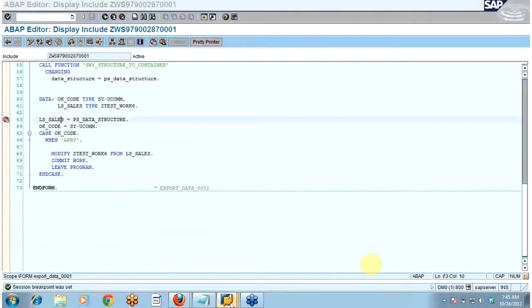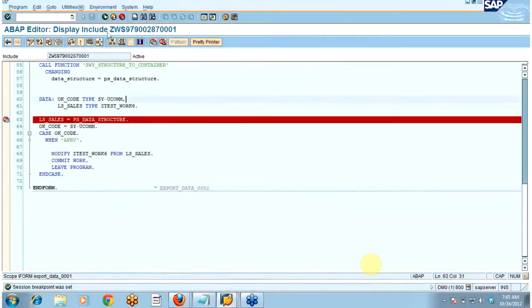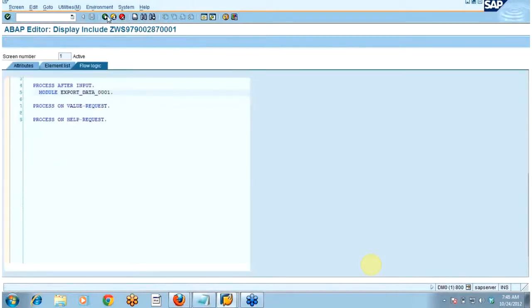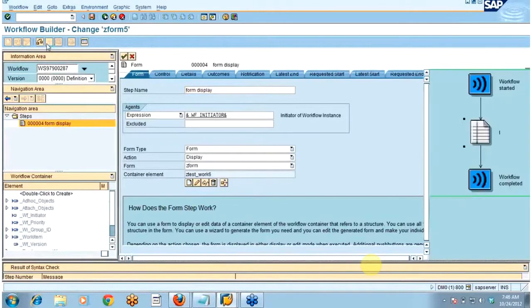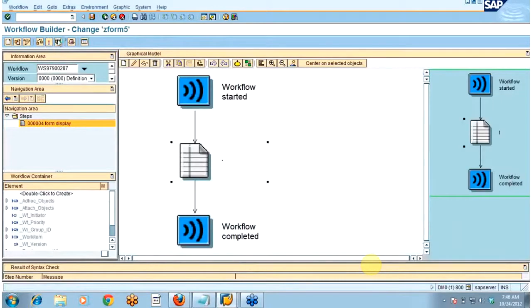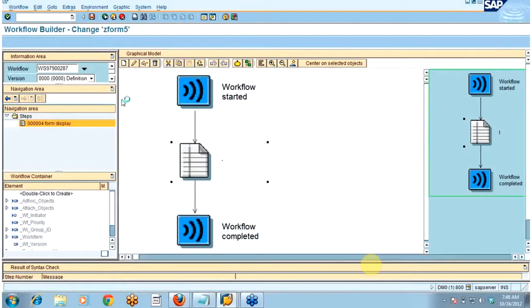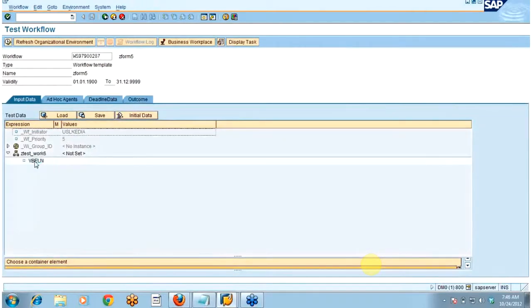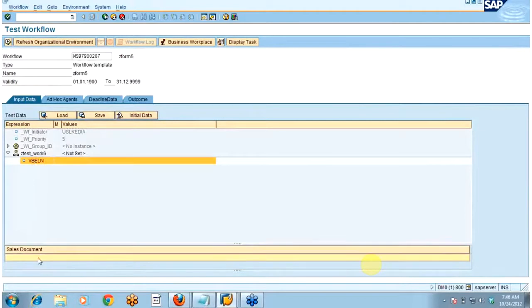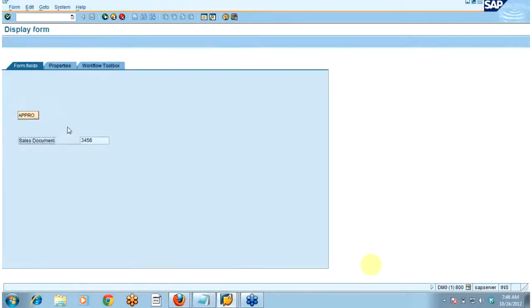So put the session breakpoint. Now again go back. Activate it again. You need to activate the form. Now I'm executing it. So I have provided the value.